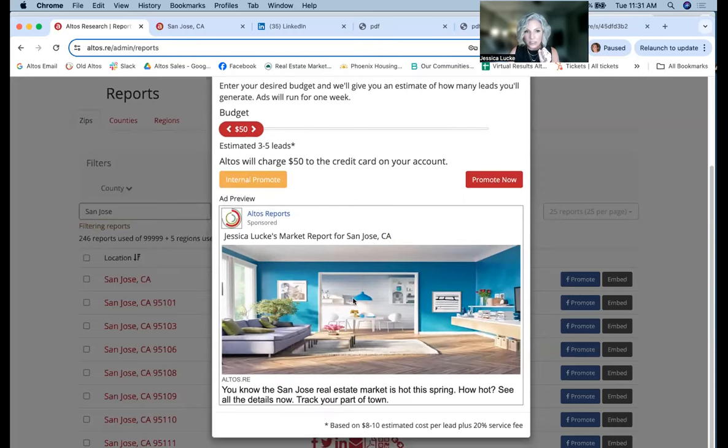What will it look like? Just like this. Here's the preview. Okay. It is sponsored by Altos Reports, but Jessica Lucke's market report for San Jose. You know, the San Jose real estate market is hot this spring, but how hot? See all the details, okay? This image, along with 3 other images, are on rotation over the 7 days, okay? So this is what those folks will see. On click, Facebook reaches in, gets their contact information, and sends it to your contact database. They are now subscribed to receiving San Jose, California, or whatever report you've chosen,